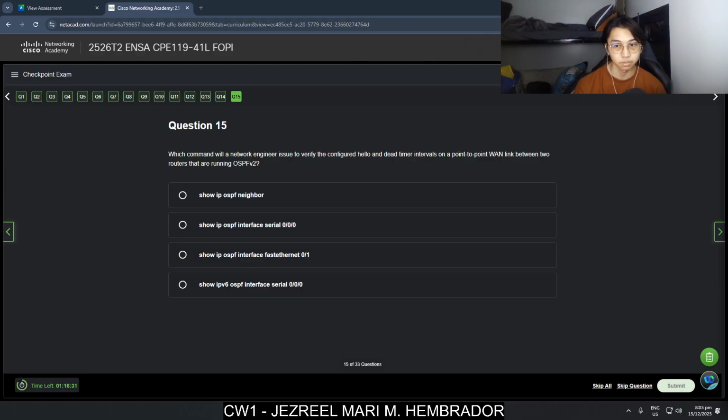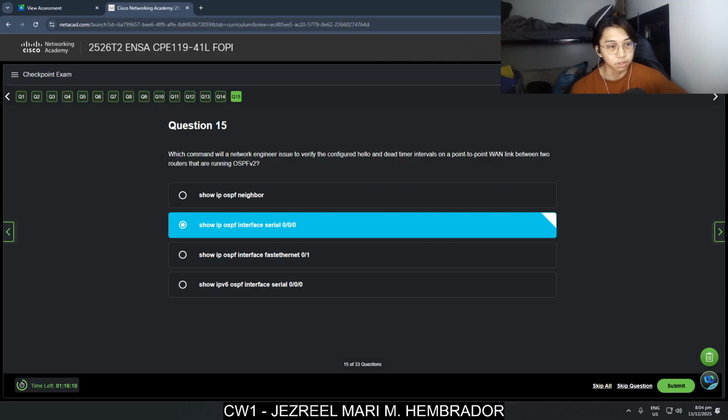Show IP OSPF interface. Show IP OSPF interface FastEthernet. Show IPv6 OSPF. I think it would be show IP OSPF interface serial 0/0/0.